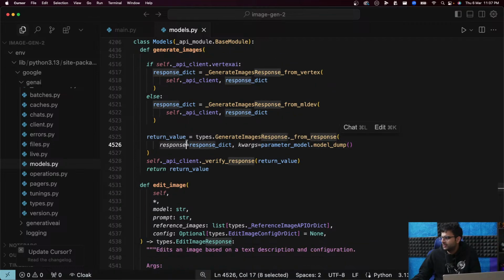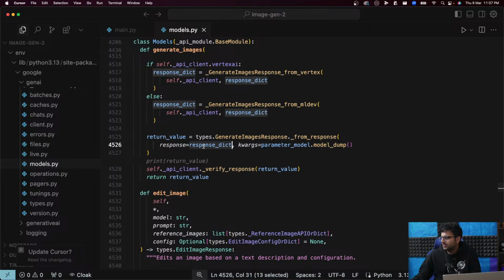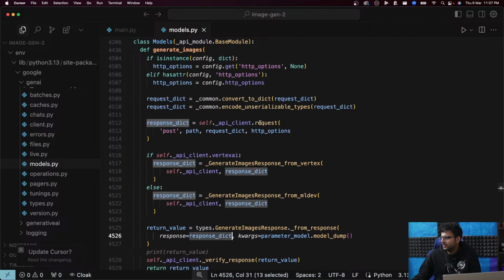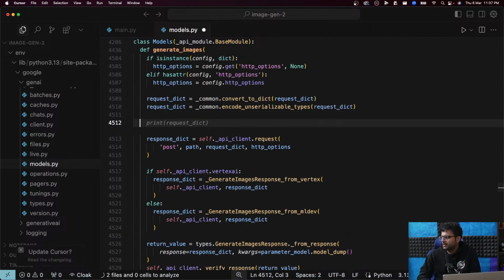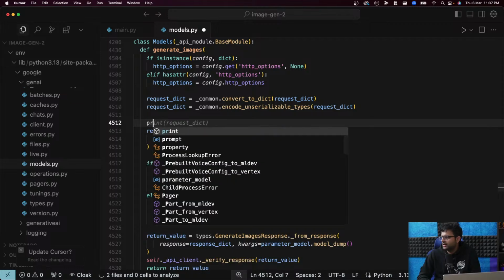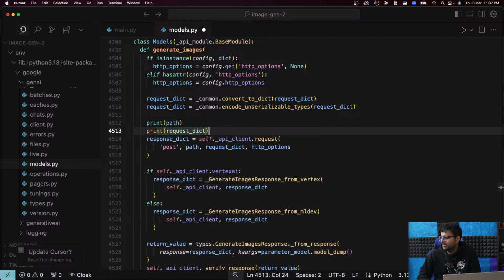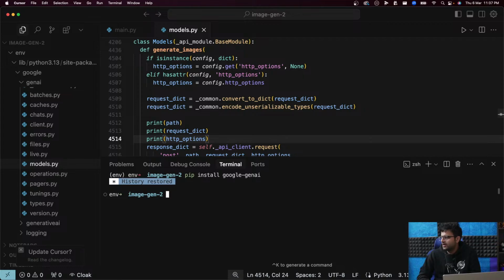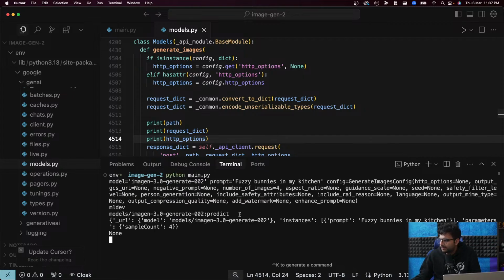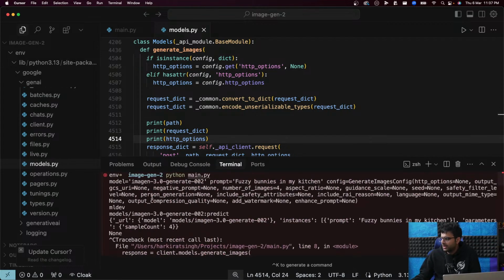Response dictionary. There you go. The only thing I really want to see is the path, request dictionary, HTTP options. So let's try that. There you go. The path is this: model equal to this thing, prompt equal to this thing, config equal to